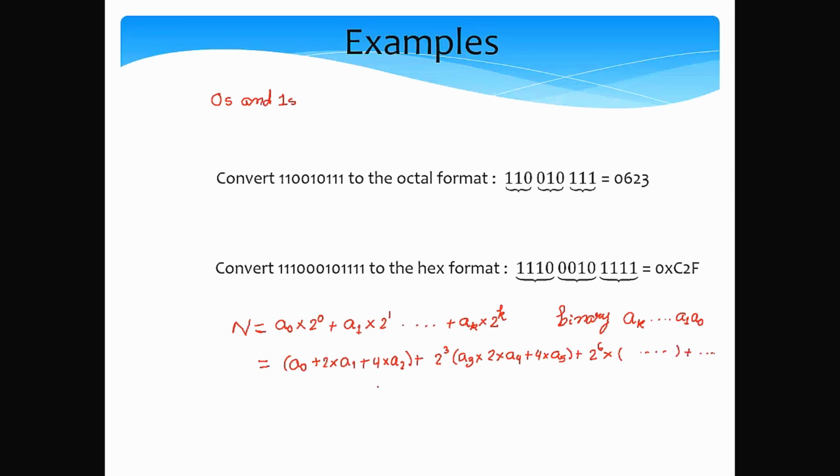So what we have essentially done is that we have grouped the terms into groups of 3 terms, and the way that we have grouped them is something like this, that we take 3 terms. So the first term is clearly a0, and 2 to the power 0 is 1. Then we take 2 times a1 and 4 times a2, which is also 2 to the power 1 and 2 to the power 2. Similarly, when we come to the next term,